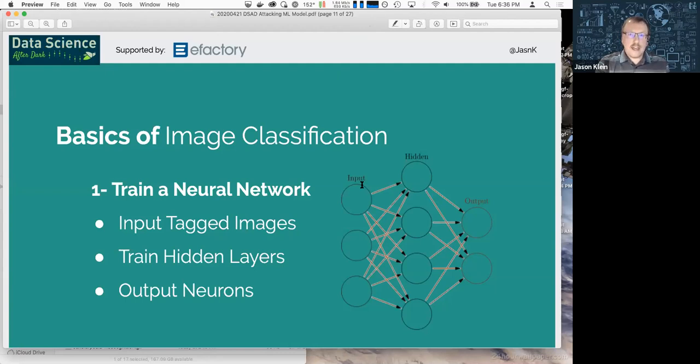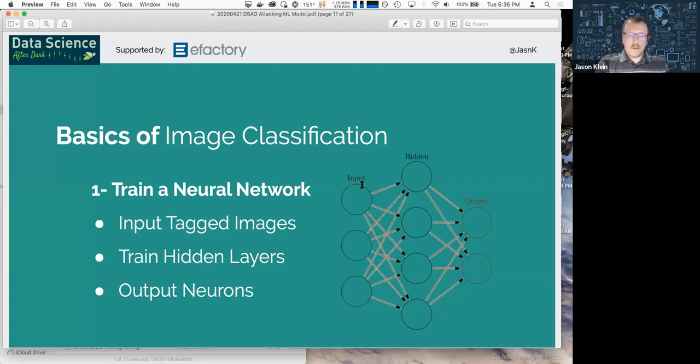You can't just feed the thing a bunch of images and have it deduce patterns on its own. At least we're not to that point yet. We're getting there. You have to basically feed it an image that also has some sort of tagging system, whether it be in the file name or a separate database that has a list of file names and then the metadata or the tag that goes along with them.